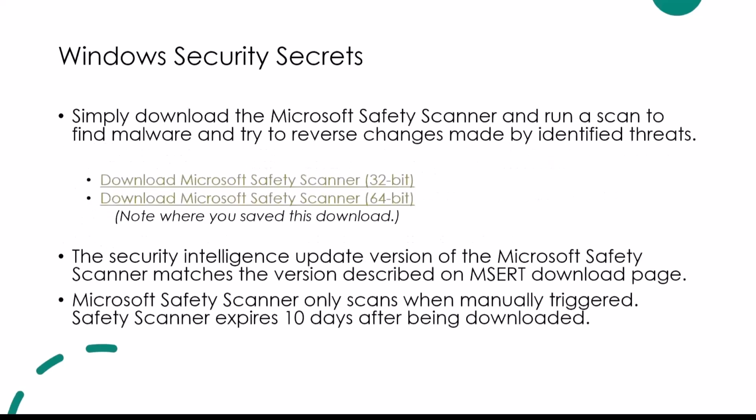You want to download the Microsoft Safety Scanner and run the scan to find malware and try to reverse changes made by the identified threats. There are two versions available, the 32-bit and 64-bit. Most newer computers are 64-bit, so that would be the version that you would download. The Security Intelligence Update version of the Microsoft Safety Scanner will match the version described on the download page. The Safety Scanner only scans when manually triggered, and it expires 10 days after being downloaded. So there again, remember, you always want to download the